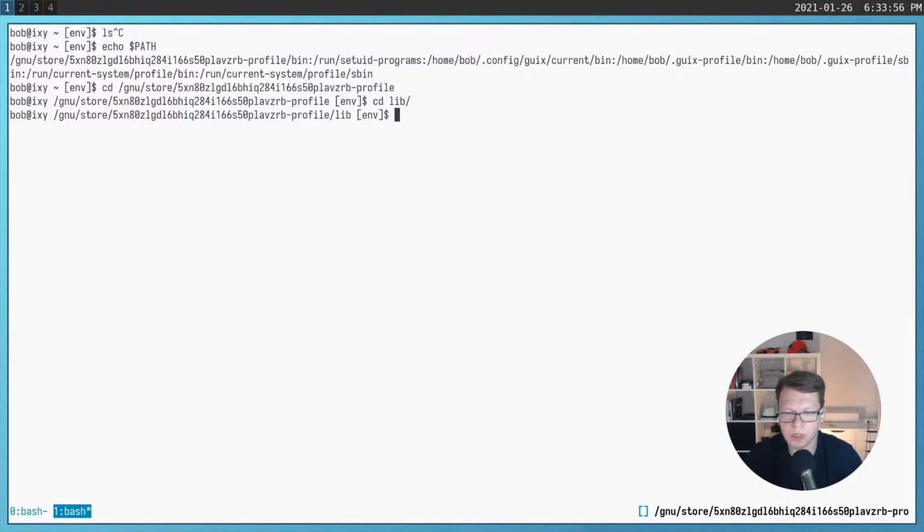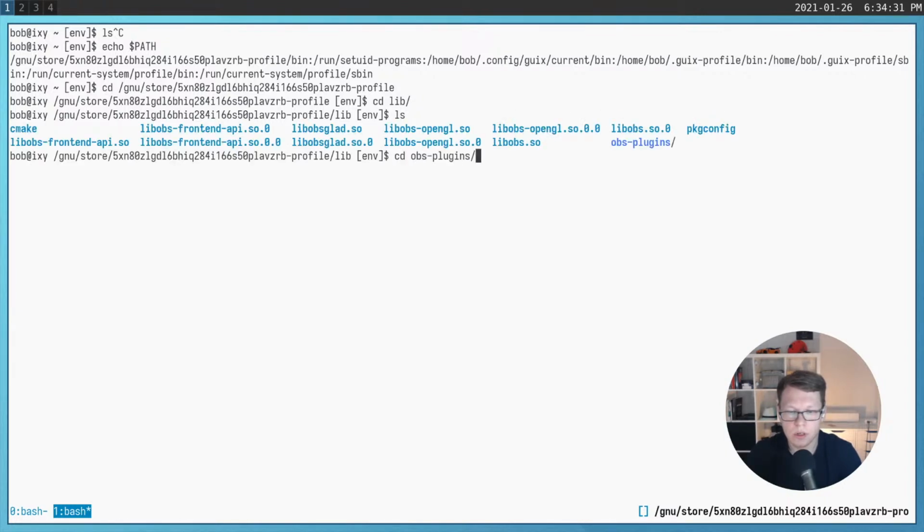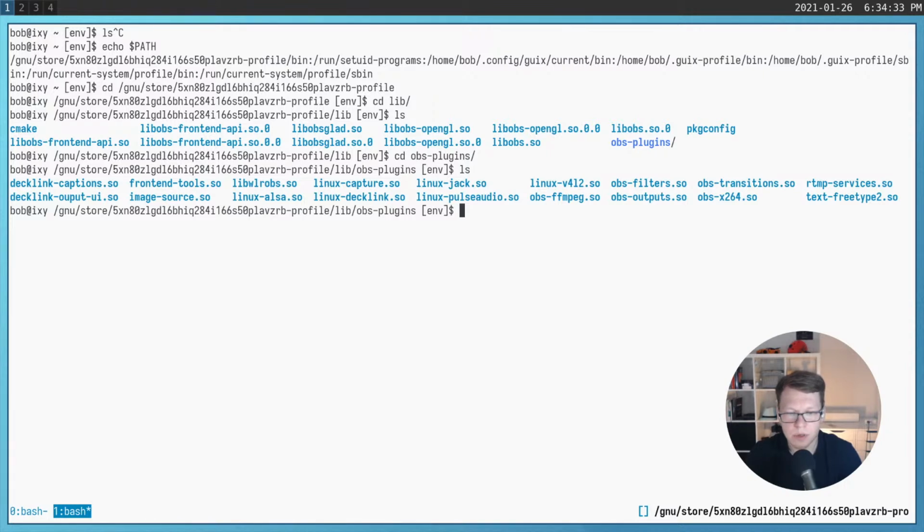Hope you already get the idea how profile is created. It just takes all the packages listed for this environment, for this exact profile, and symlinks to the directories, and unions all those packages inside one directory called profile, and that's basically it. Okay, inside lib OBS plugins, we will see lib